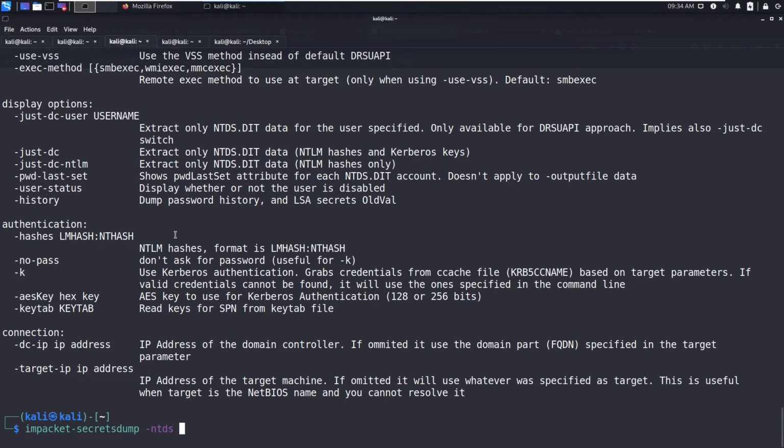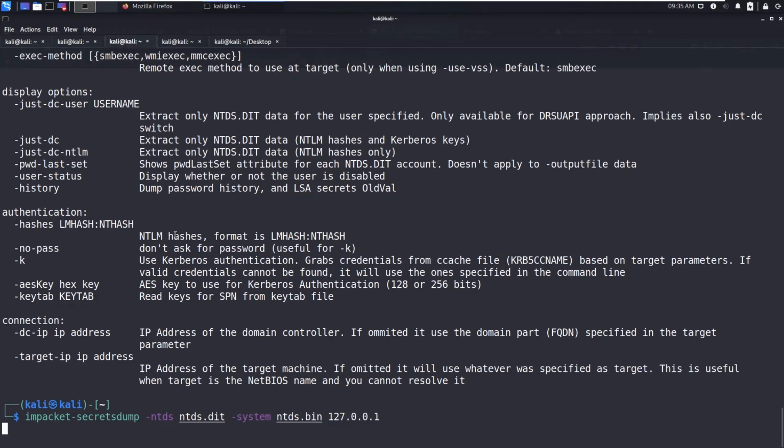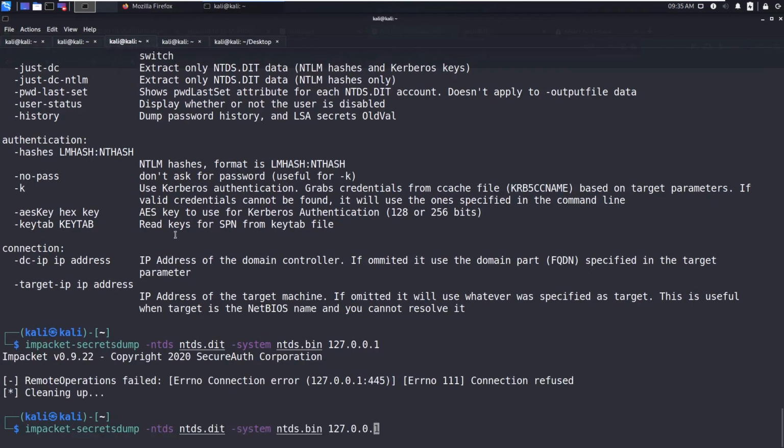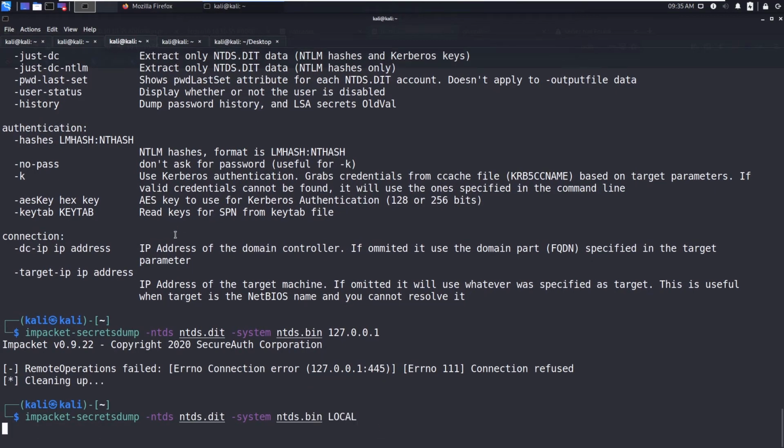Minus ntds, ntds.dit, and the system is ntds.bin, and you need to specify LOCAL, that is our local machine.